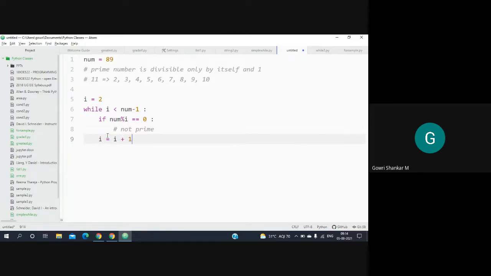Okay, so now it gets incremented. Now we have to continue this loop again. After this step, after the 9th step, we have to go back to the 6th step. And again, you check whether I is within the limits of 11. Again, you check whether 11 mod 3